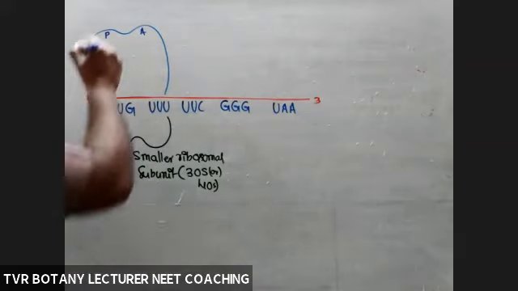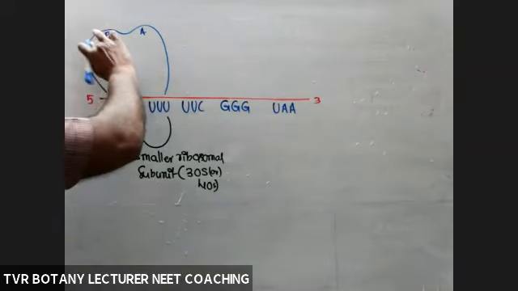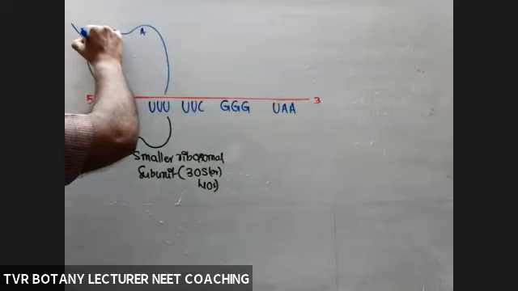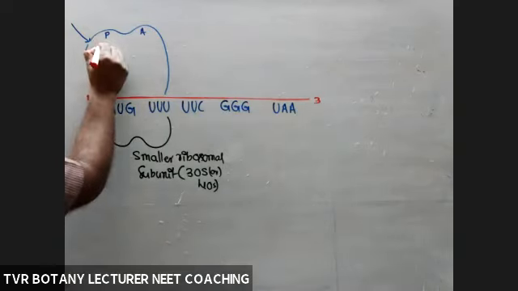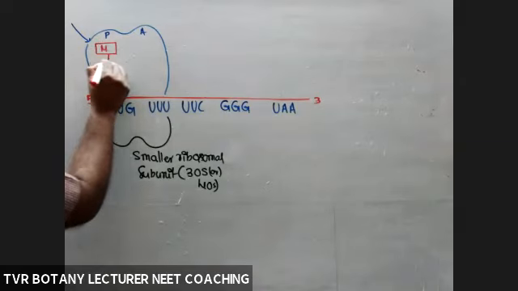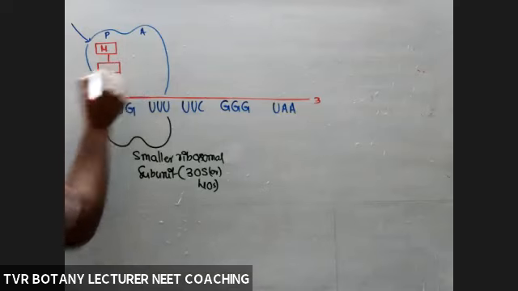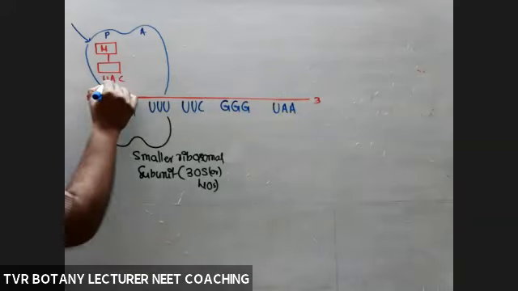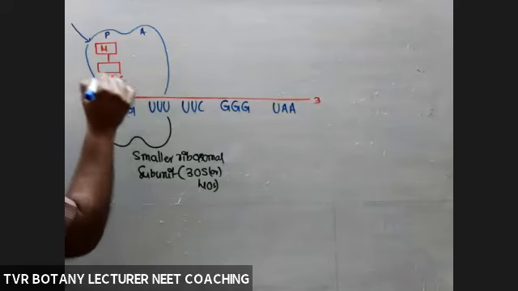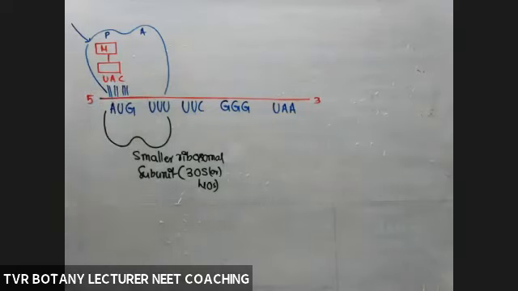Okay, so initially, what type of aminoacyl tRNA is entering the P site? According to AUG, meaning methionine, formyl methionine. So this is methionine, M, I am writing methionine. And the cognate tRNA is accepted. So what about the anticodon here? UAC, complementary, with 2 hydrogen bonds and 3 hydrogen bonds.